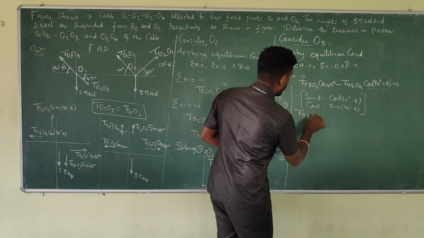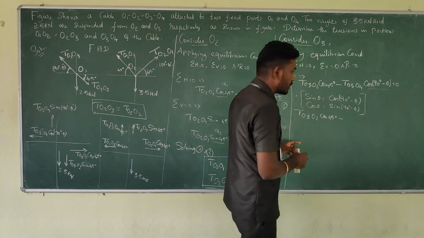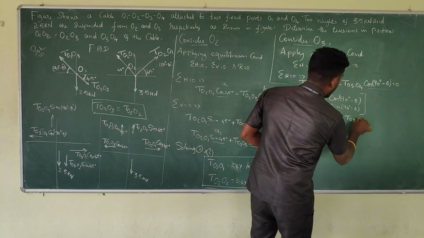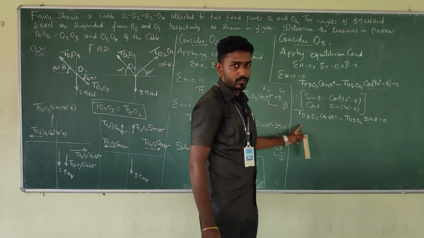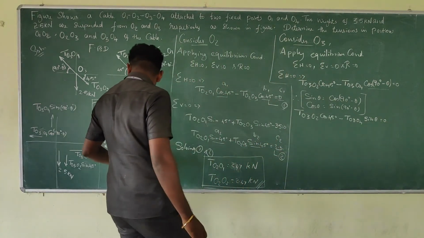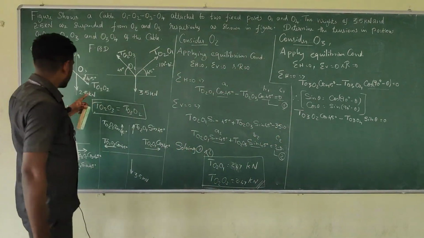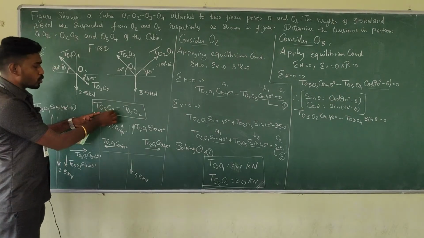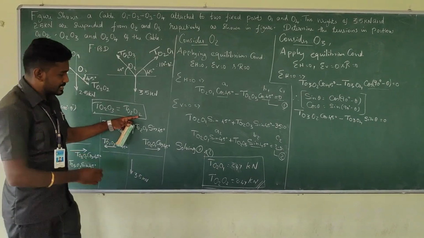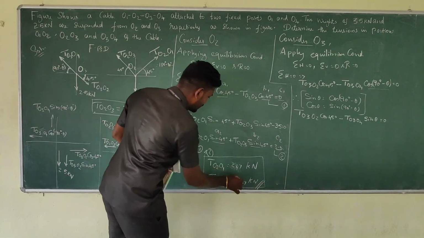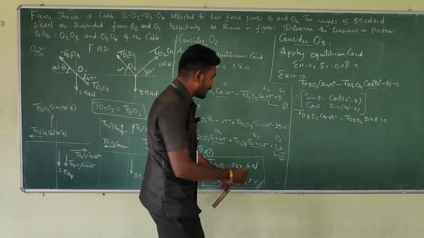T O3 O2 cos 45 degree minus T O3 O4 sine theta is equal to 0. So here we have the value for T O3 O2. We know the tension from O2 to O3 is equal to the tension from O3 to O2. Am I right? So here we have already found the value. So just substitute this value into this equation so that it becomes